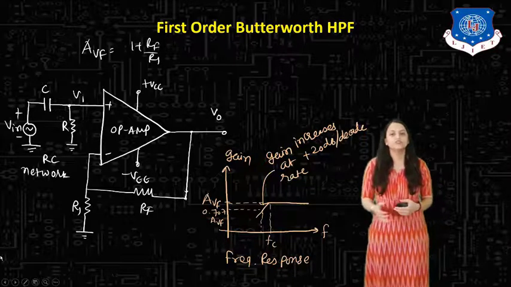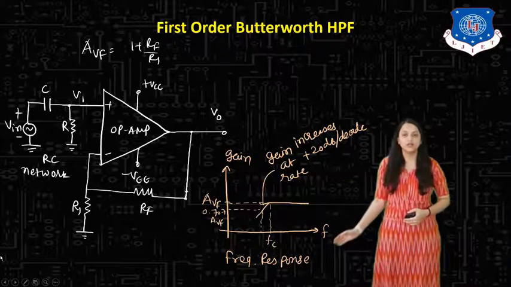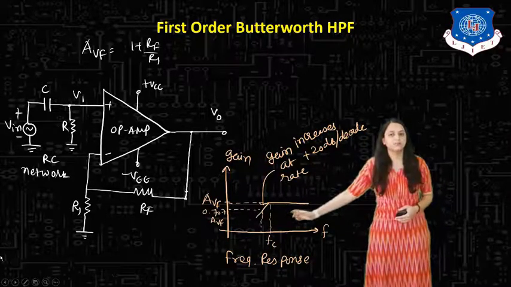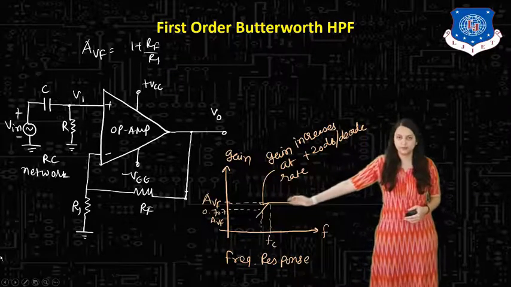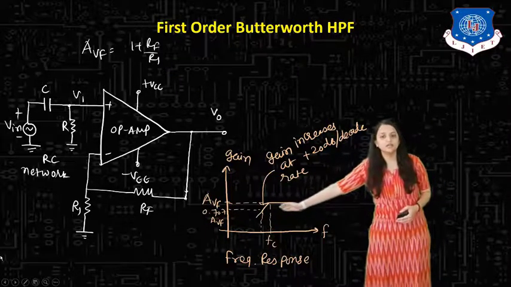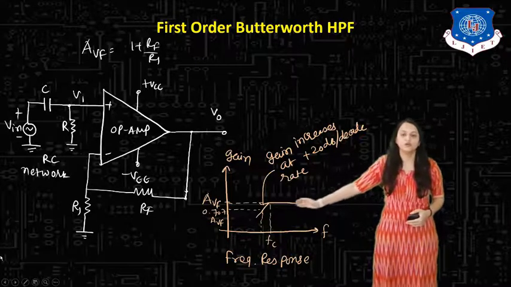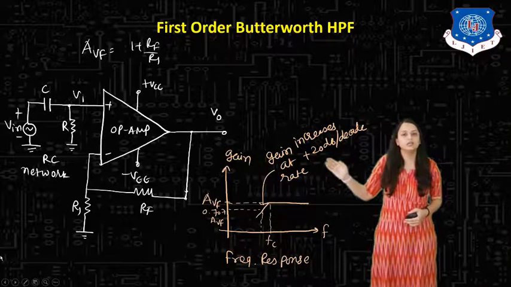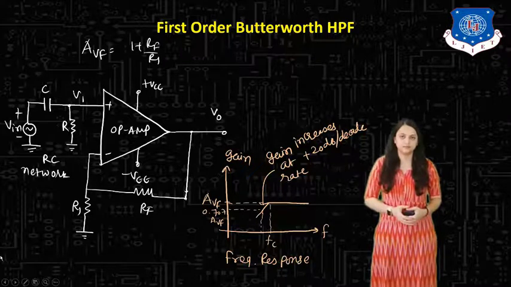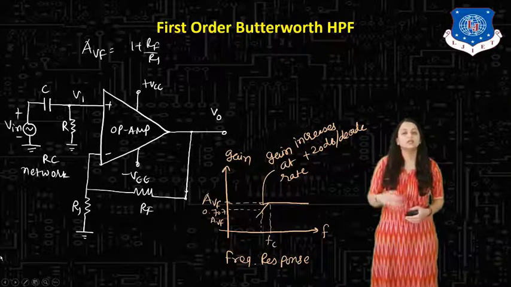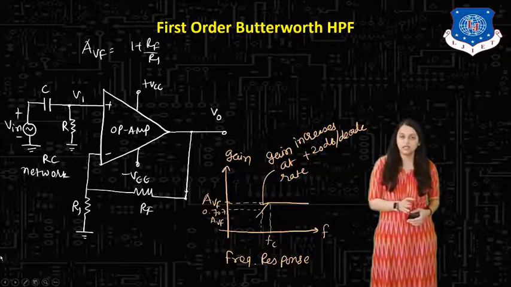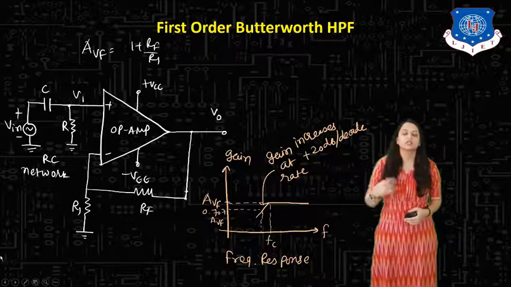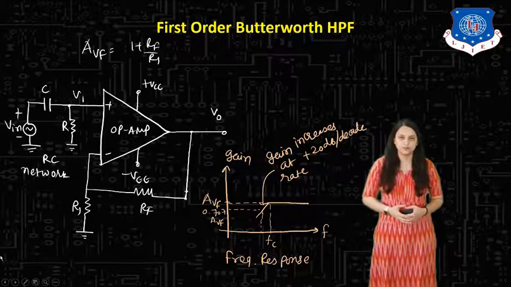If we plot the frequency response diagram for this, that means the graph of gain versus frequency, as this is a high pass filter, the high frequency components will be in the pass band and low frequency components will be in the stop band. So here the gain increases from the low frequency to the high frequency transition. The rate at which this gain increases is 20 dB per decade, that is plus 20 dB per decade. As we have discussed earlier, this is first order, that's why the rate is plus 20 or minus 20 for low pass filter. If it is second order, it will be plus 40. If it is third order, then it will be plus 60, likewise.